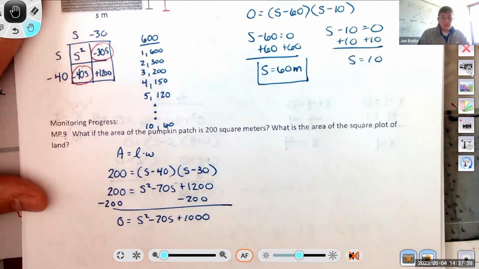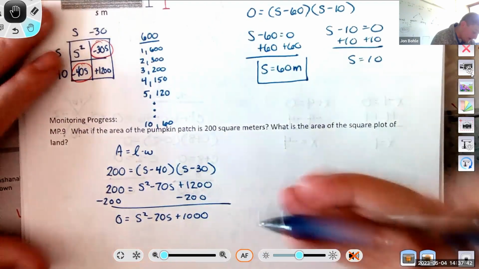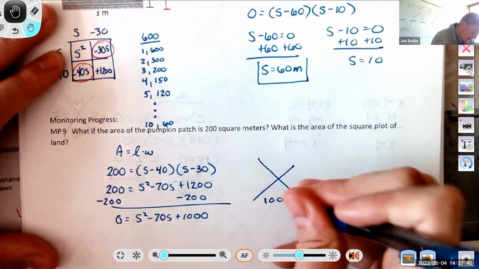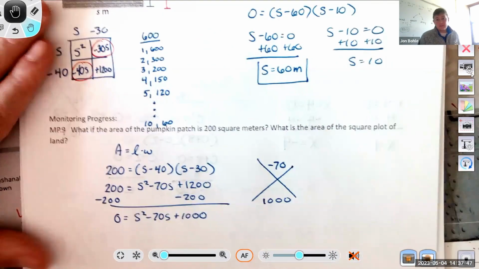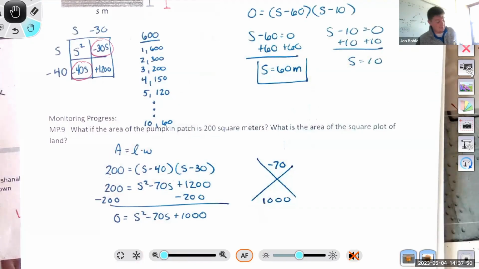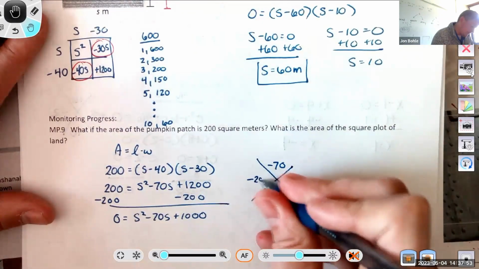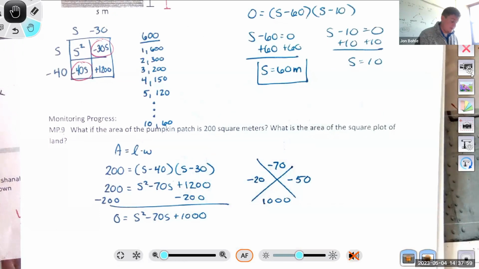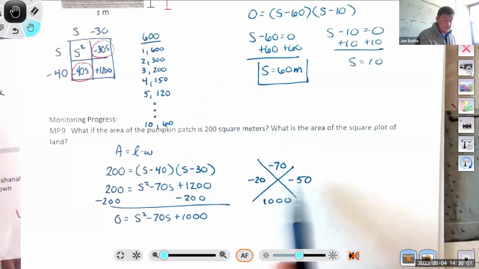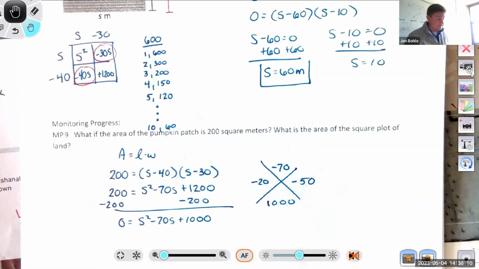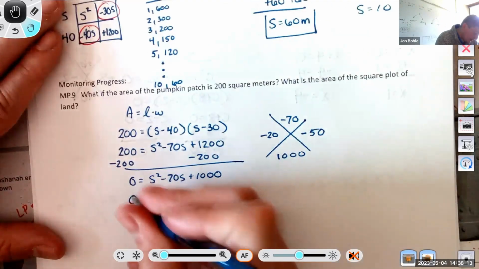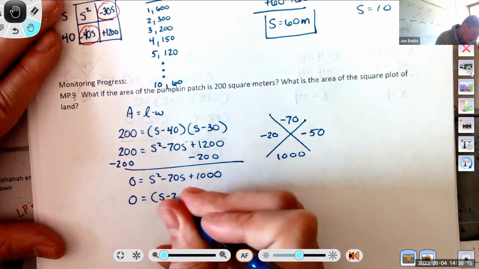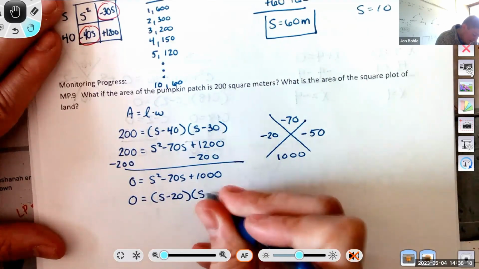Okay, so then now we're going to be looking for numbers that multiply to 1000 but add to negative 70. And again, this might take you a little bit of time because the combination is actually going to be negative 20 and negative 50. Okay, so again, it might not hurt to think, it's kind of like the numbers scaled down a little bit, but negative 20 times negative 50 is 1000. These two added together is negative 70. So here, what I'm going to get is S minus 20 times S minus 50,